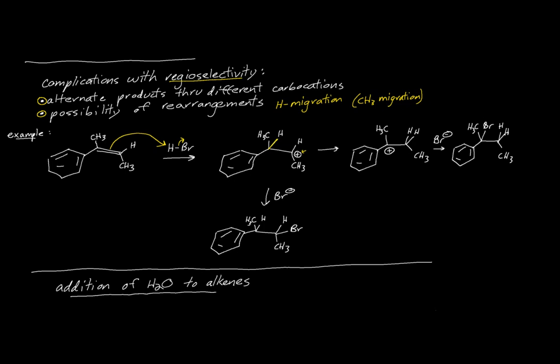Now, of course, we could hope that perhaps our desired product is then produced by the addition of bromine to that plus charge, and then we get our bromine adding there. But that wouldn't be a very good educated guess as to what product we would attain. We might hope we get that, but more likely,